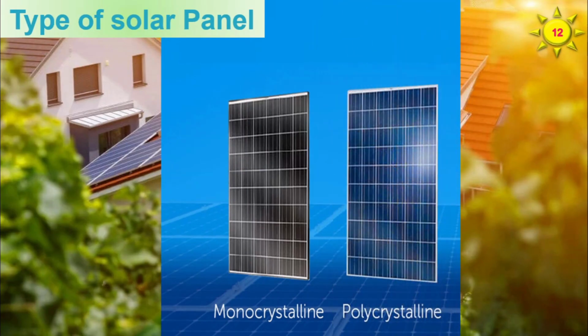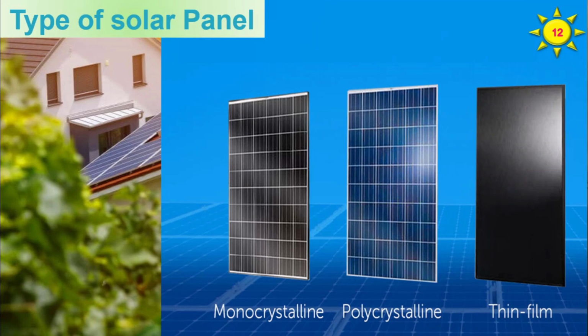Solar panels are generally divided into three categories. The first category is monocrystalline, the second is polycrystalline, and the third is thin film. These differ from each other in terms of structure, color, efficiency, lifespan, and some other factors, which we will explain